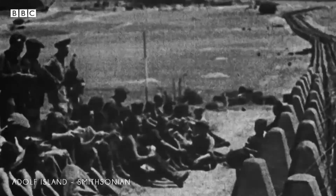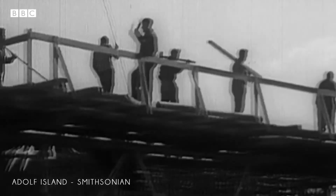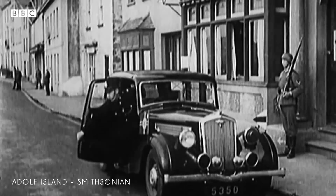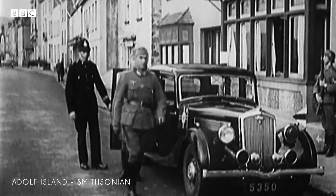Now, I think that excitement at the start of the occupation changed as the occupation went through, because they were told that they were going to be in London in a few months' time and they were going to start taking over Britain, which obviously never happened. For many, by the end of occupation, actually it was a relief that the war was over and that they were finally going to be able to go back to their homeland and see their families once again,